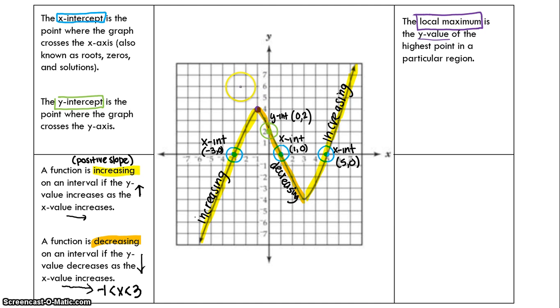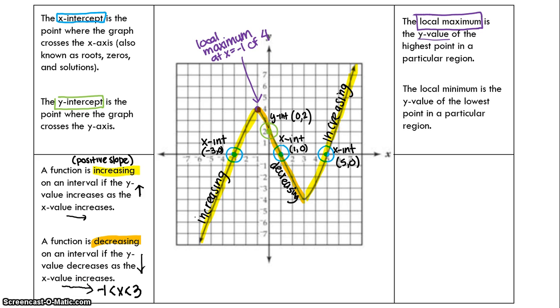So we would say for this point, and I'm going to write it up here so we can see it more clearly, that there's a local maximum at x equals -1 of 4. The y value is the maximum. You can say where it's located by using the x value, but generally speaking, we say that the local maximum